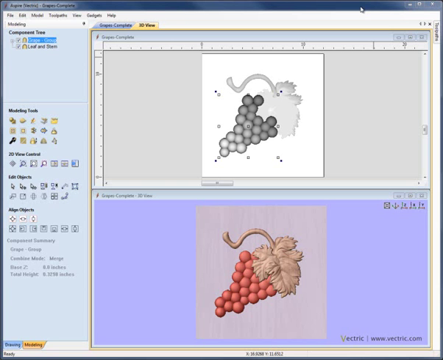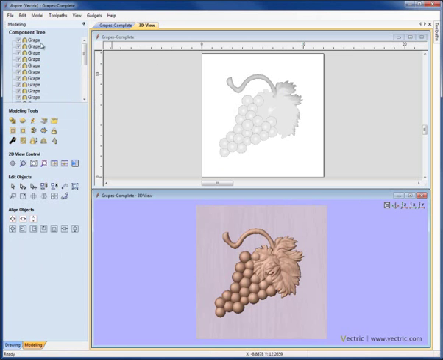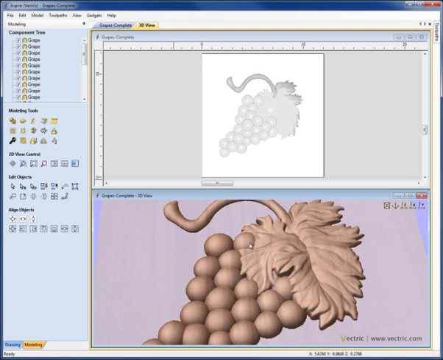And therefore, if we go ahead and ungroup this now, we'll see that the fade no longer applies to the individual pieces because there'd be no way to apply the same fade over each of those individual objects. So if we come up to the group and right mouse click and select ungroup, we can see that it'll go back to its original pieces, and now we can see once more that these grapes are sticking up and